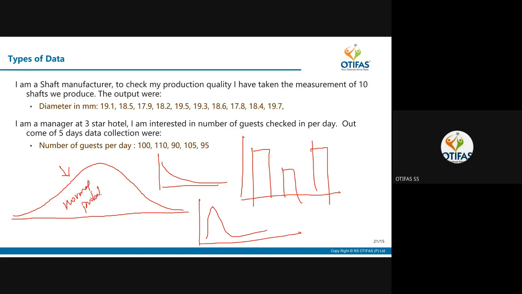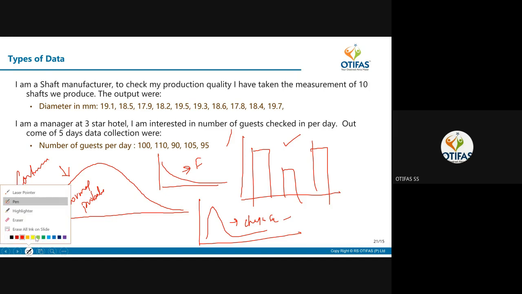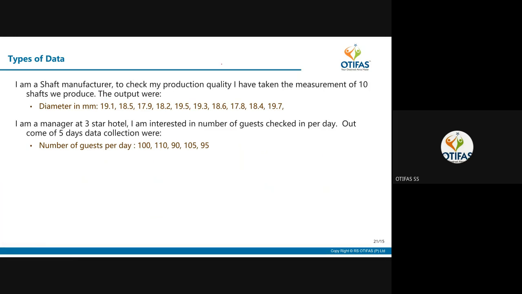This is known as a normal probability distribution. This may be a chi-square distribution or an F distribution, chi-square or F. It may be something like that, not exponential. This distribution is something different. This can also be an F distribution. So whenever you see such a graph, that's called a continuous distribution. A bar graph, a discrete distribution, always looks like this. So these are the two types of distributions, two types of data sets. One is continuous, another one is discrete.